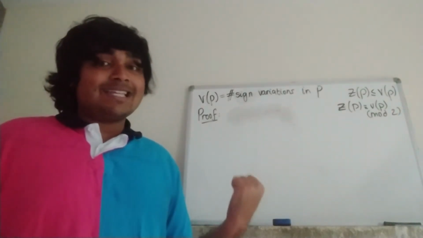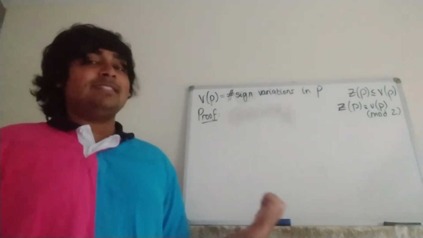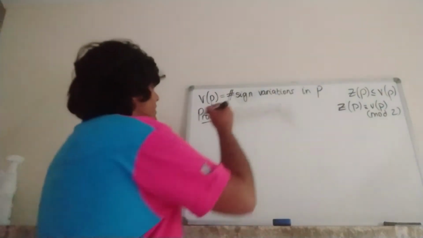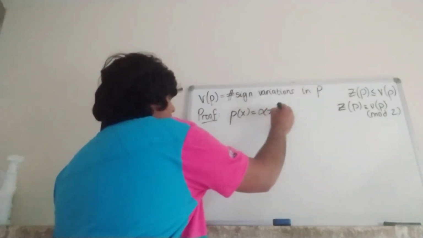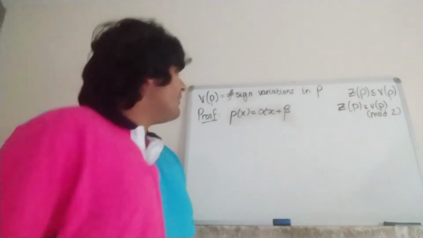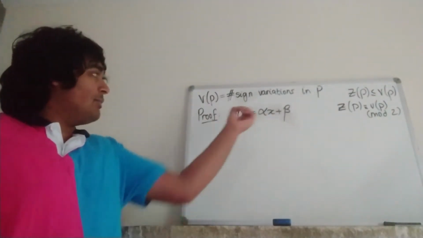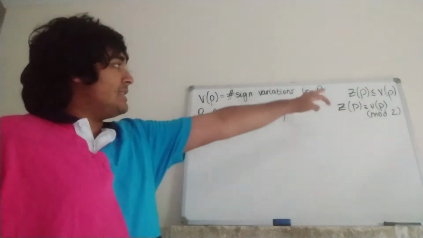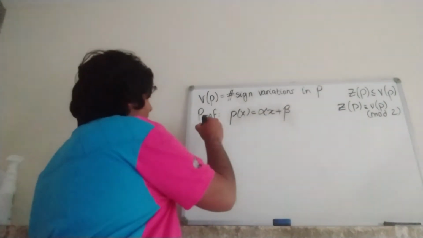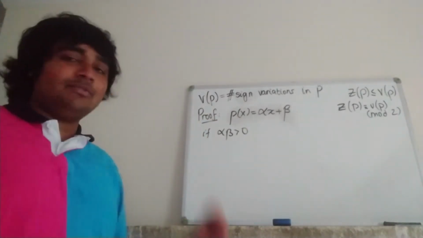So let's look at the base case, when the degree of P is just 1. That means that P is just a linear function. So we can write P of X equals alpha X plus beta, for alpha and beta real numbers, where alpha is non-zero. Well, firstly, let's look at the case where alpha times beta is positive,